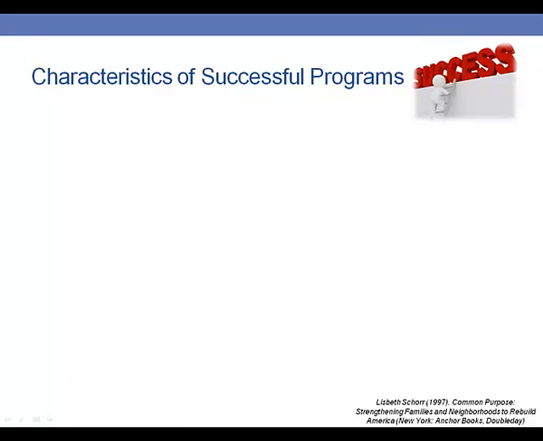Characteristics of successful programs. We can't always know, again, if a program is going to be successful, but there are some characteristics that have been demonstrated to be best practices which increase the likelihood for program success.